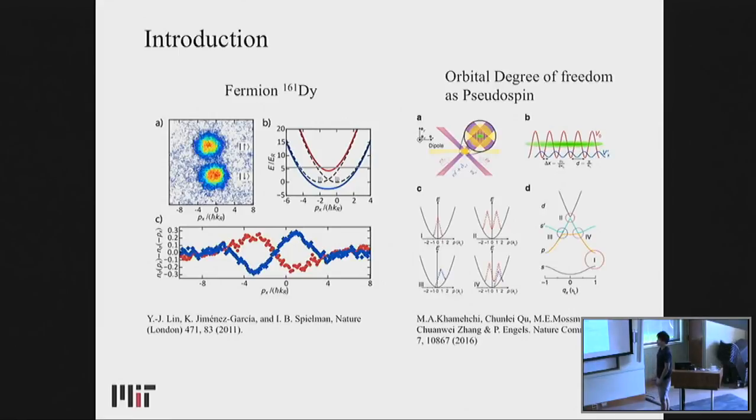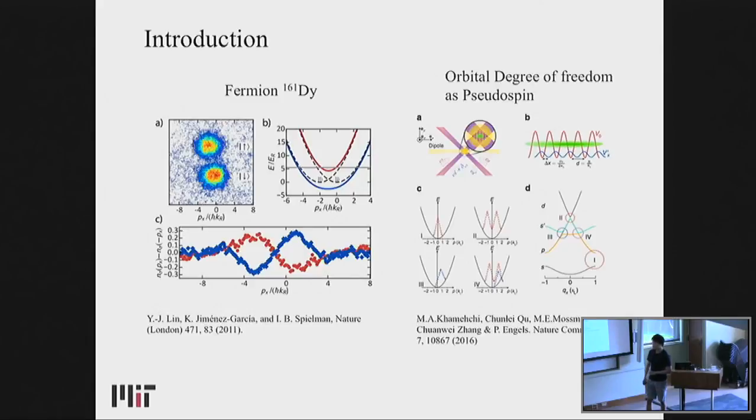Another way is a totally new direction: we abandon the internal structure of the atoms altogether, and we use the center of mass motion, or the orbital degrees of freedom, as our pseudospin to implement the spin-orbit coupling. There are some early works done by Peter Engels' group, in which he used the S band and also the P band in the optical lattices as the pseudospin. But